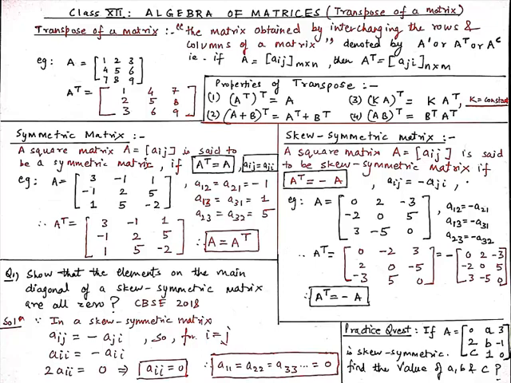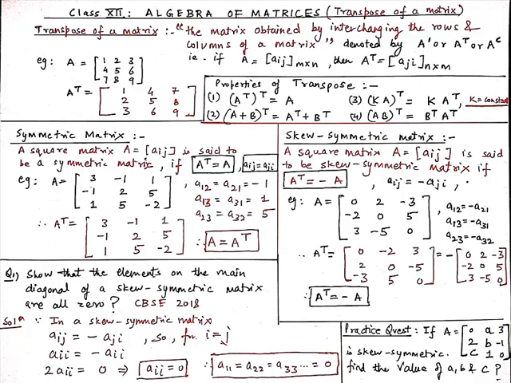Now students, when we take the transpose of A matrix, we know that row of A matrix will become column of our transpose matrix. So 0 2 minus 3, and second row of A matrix will become second column of our transpose matrix and third row of A matrix will become third column of our transpose matrix. And now students, when we take negative common from this matrix, we get 0 2 minus 3, minus 2 0 5 and 3 minus 5 0, which is equal to our A matrix. So from here we can say that A transpose is equal to minus of A.